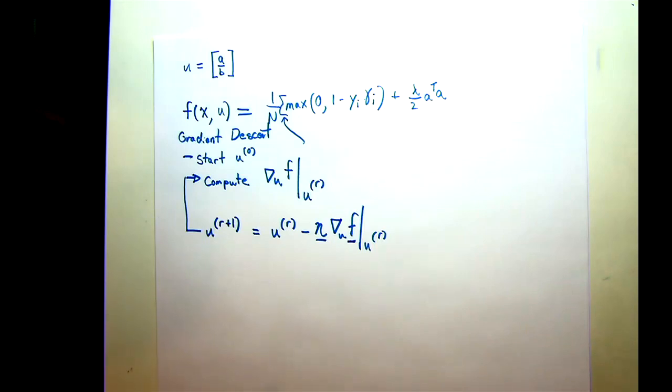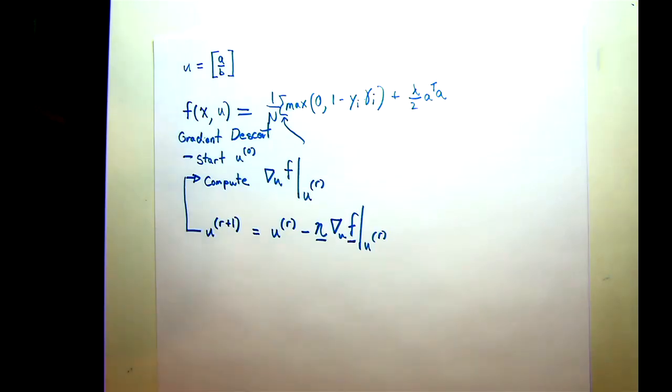And so the issue with gradient descent is that as our data set size increases, it's going to become more and more costly to take these steps. There's going to be a point where it's prohibitively costly to take a step. If you have a billion data points, and internet-size data nowadays is billions of data points, you certainly cannot sum over a billion data points each time you want to take a single step towards a better estimate of U. So we're going to have to do something to get around that.